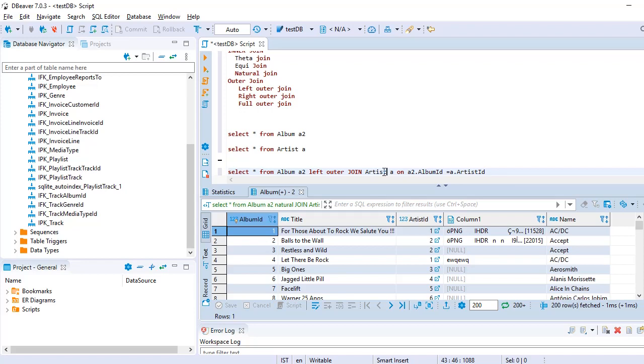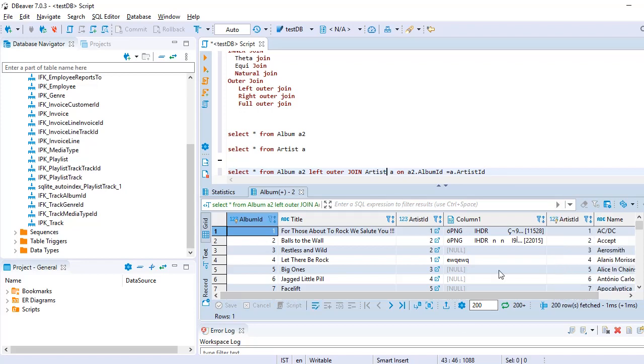I'll run this query. Here the album ID of the first table is matched with the artist ID of the second, so we get the data of both the tables. Where the album ID is not matched with any artist ID of the right table, we will not get results.